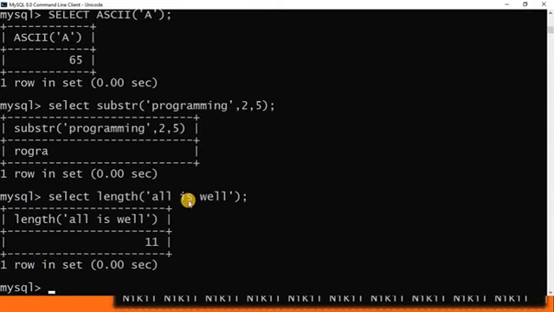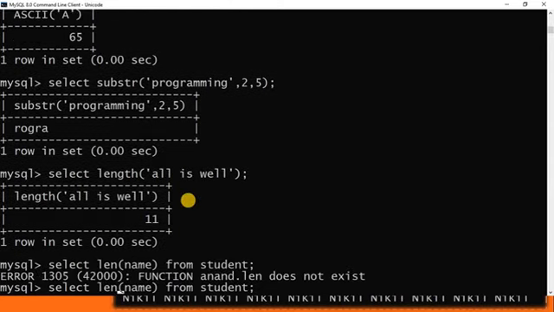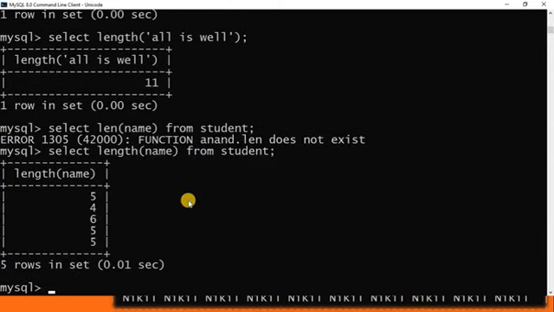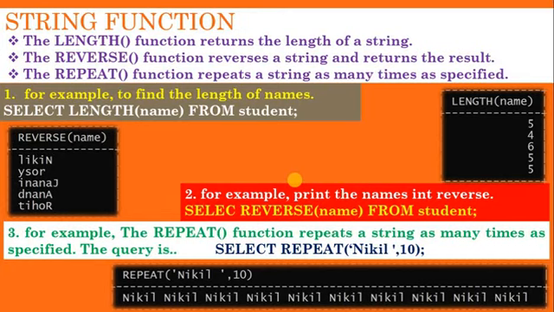So I am going to use this on our table. SELECT LENGTH of name: Nikhil 5 characters, Rosie 5 characters, Janani 6 characters, Anand 5 characters.